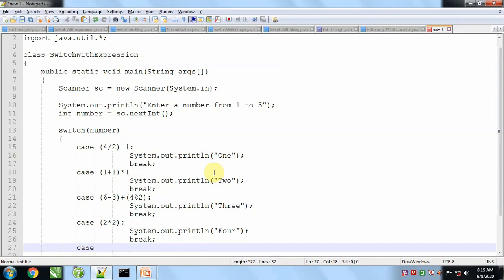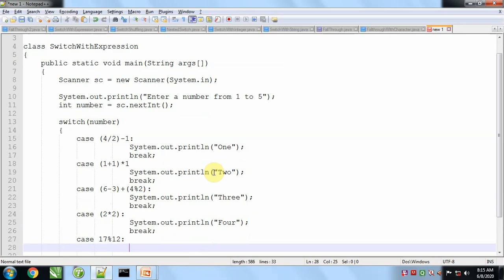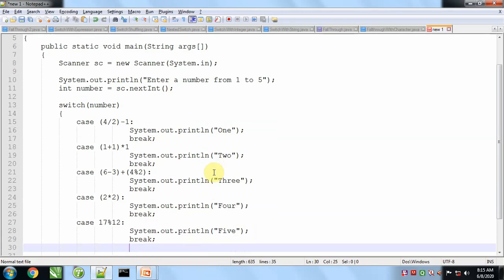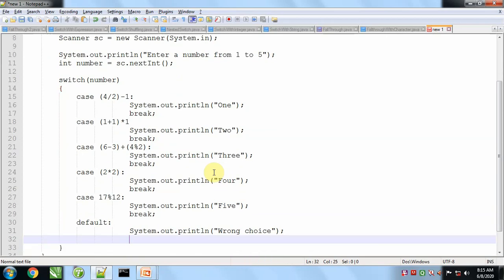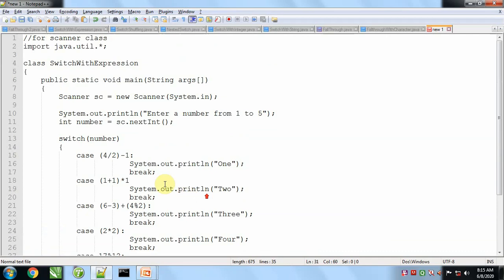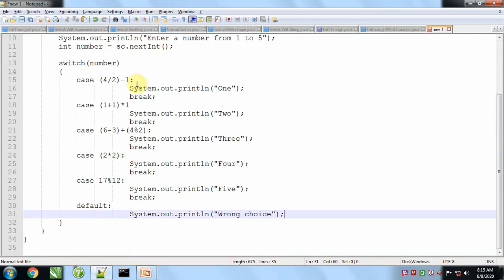In case of case 5, it will be case 5. Like this we can pass expression in cases.